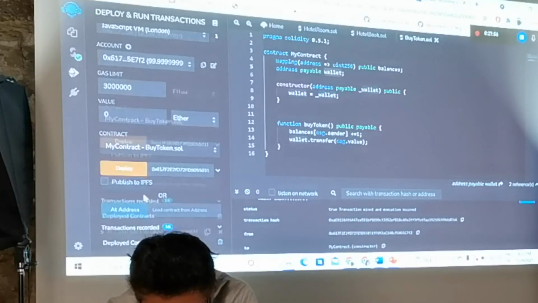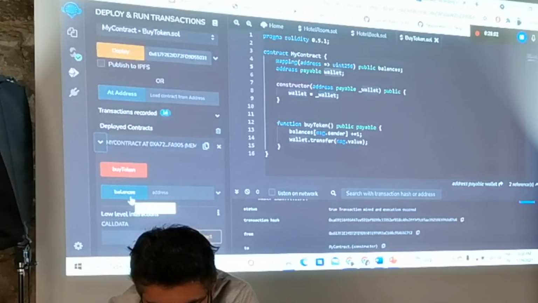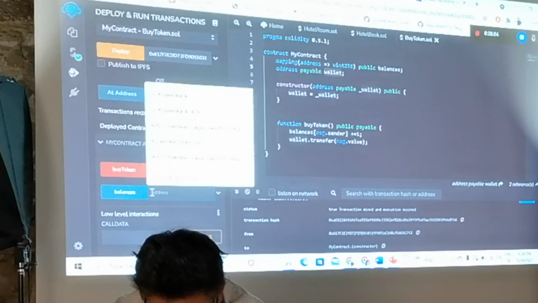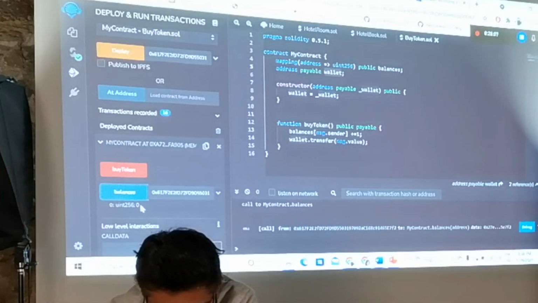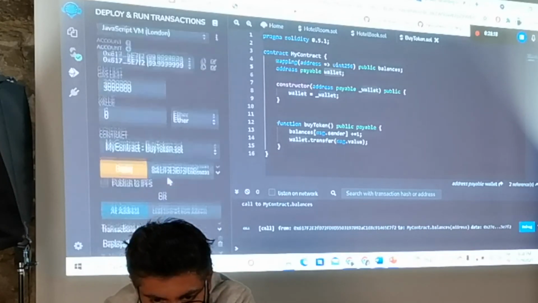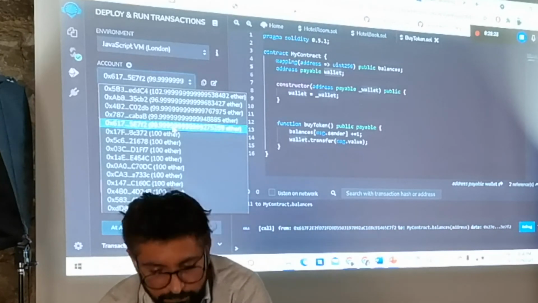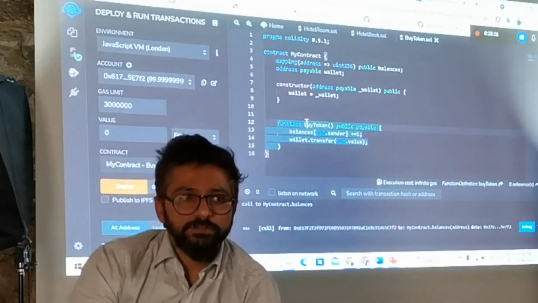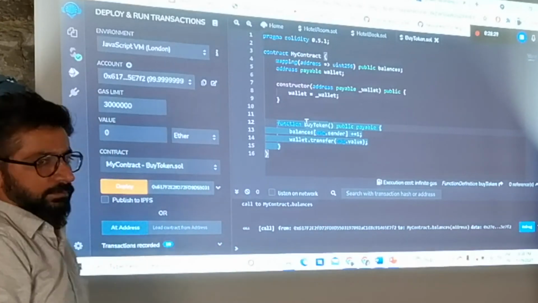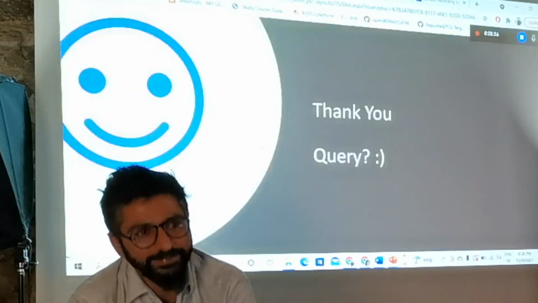So if I see, this is the contract that has been deployed on the network. If I see the balance of this particular wallet, now it has 0 tokens. When I buy a token and then check it again, the token value is increasing. So with each token value that we are paying, the ether is going to the blockchain network for the mining process. So that's all, just the basic functionality to understand smart contracts. If you have any questions, otherwise next slides.